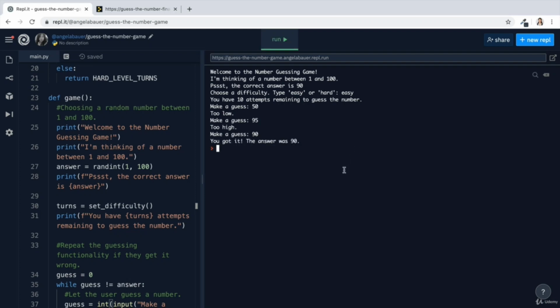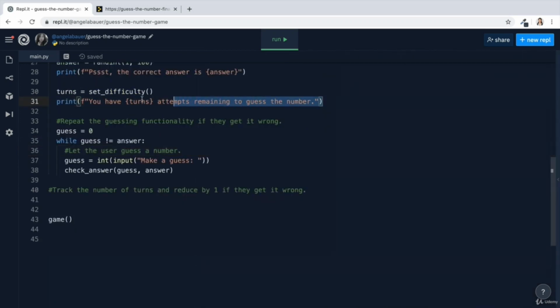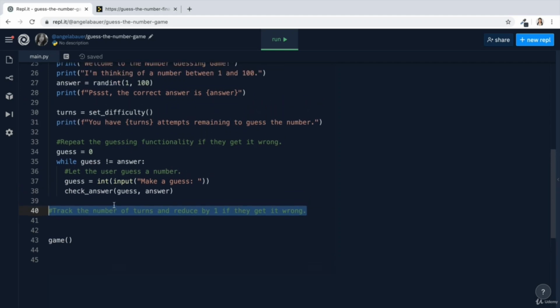The answer was 90. So the only thing that we're not really doing is tracking the number of turns so that we tell them you have 10 attempts, you have 9 attempts, you have 0 attempts. And if they get 0, then they're going to lose, right? Here we have this print statement that runs only once because it's not inside the while loop. So let's tackle our final to-do to track the number of turns and reduce it by 1 if they get